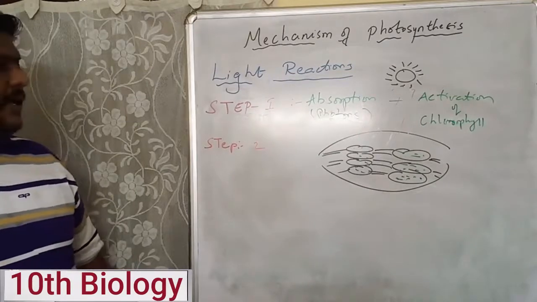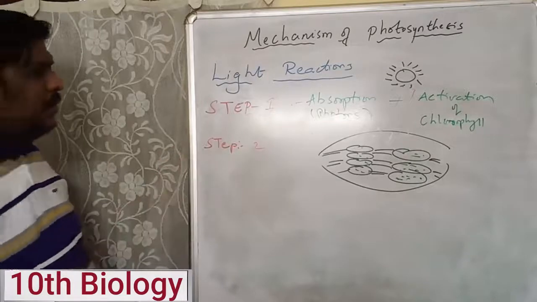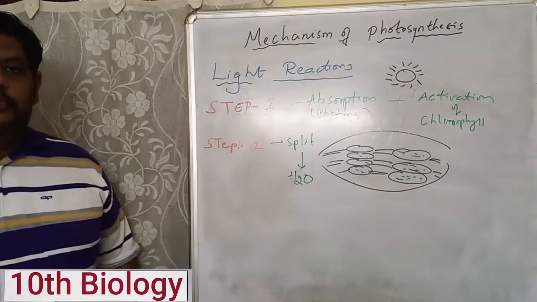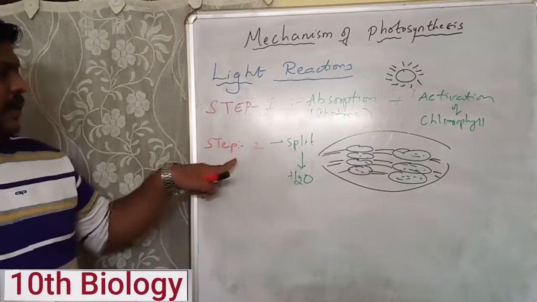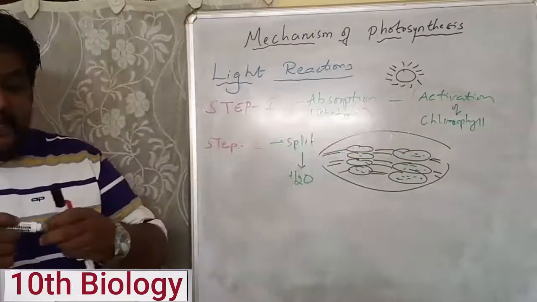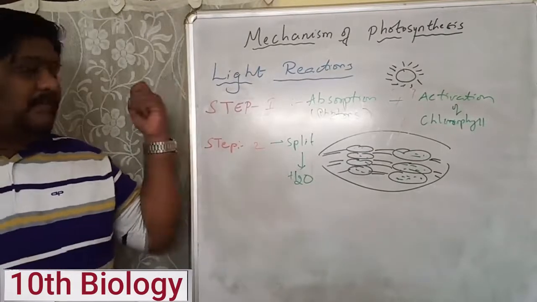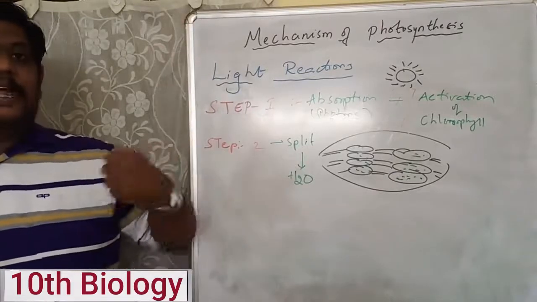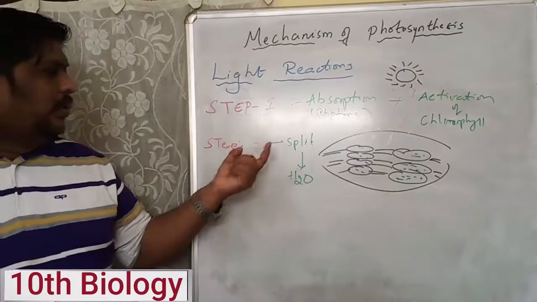molecule immediately, in step 2, will split the H2O. What is H2O? That is the water molecule. So this water molecule is split by whom? Light activated chlorophyll. Till the time it is not activated, it's not undergoing any change. It is as it is. But once the chlorophyll molecule absorbs the photons and gets energy, immediately that light activated chlorophyll molecule is splitting the